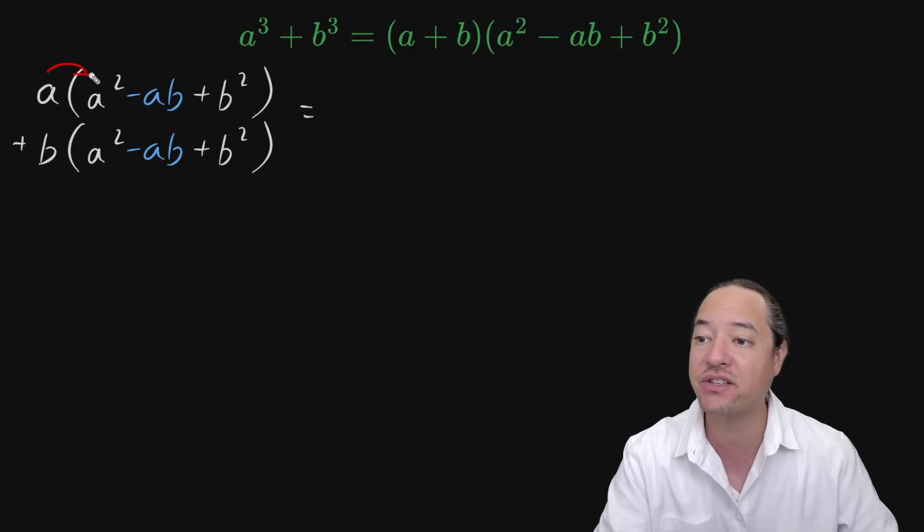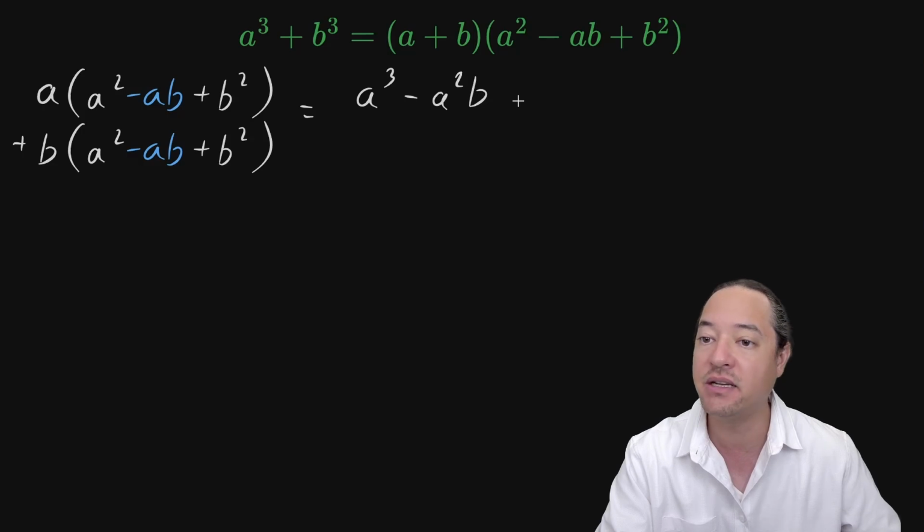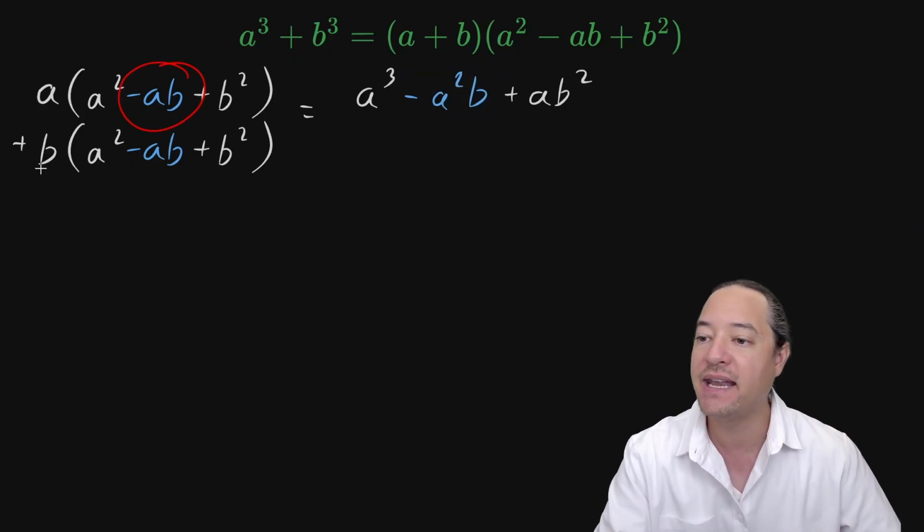So I'm going to factor this a into the parentheses. I will get an a cubed minus an a squared b plus an ab squared. Okay, so that's what I get here. And this comes from the product with this negative signed middle term. Next, I'm going to